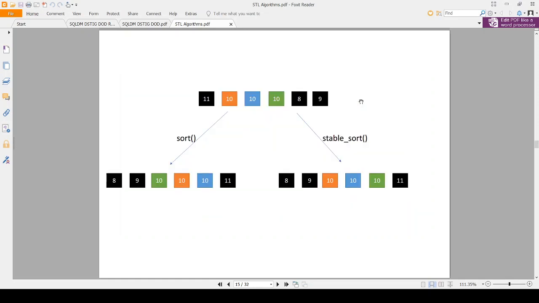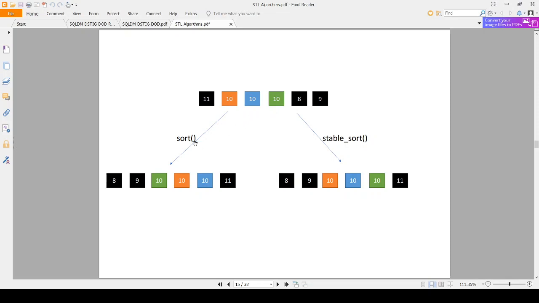So if we see this slide, we have these objects to be sorted. These objects have two properties. One is the number, which we want to use as the sorting property, and one is the color of the object. We observe that these three objects have the same number, and this is the order in which they exist before the sort happens.